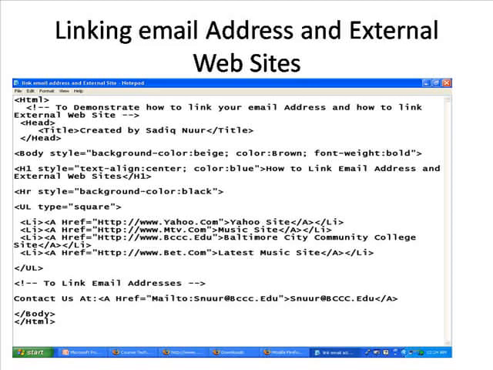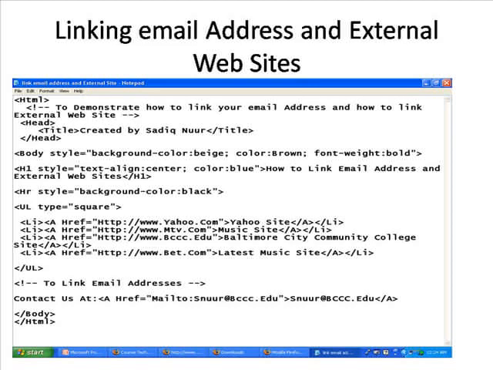My next slide shows you about linking an email address and an external website. Sometimes maybe you want to put all your favorite websites in your web page, so that you want somebody to go to Yahoo, or to go to the BCC website, or get to some music website or some games website. So what you did was, if you look at in this case, I said